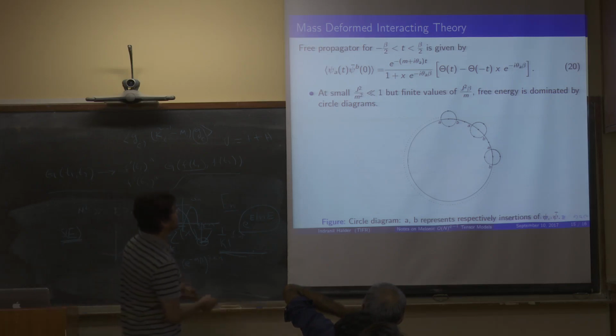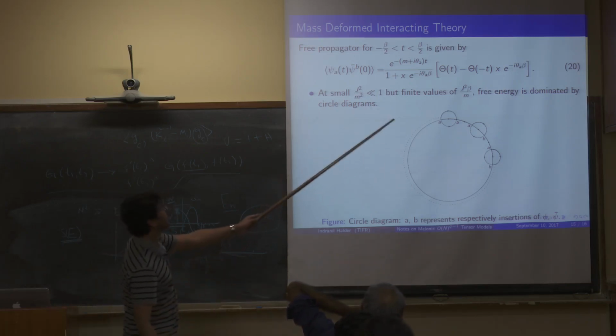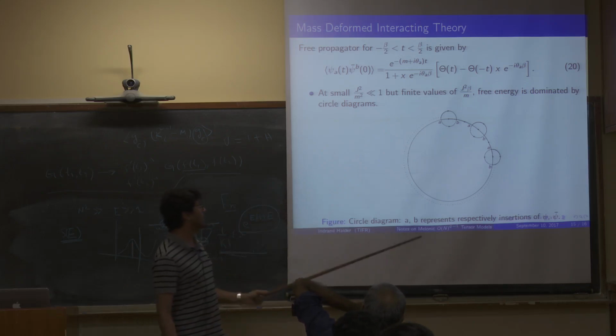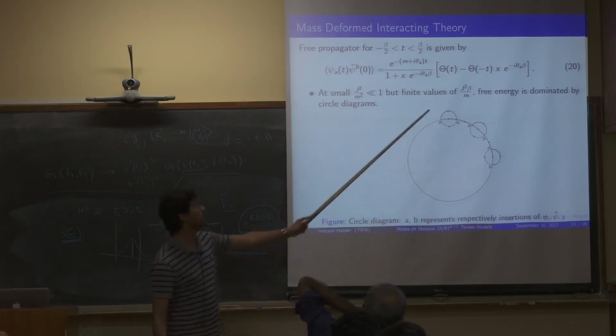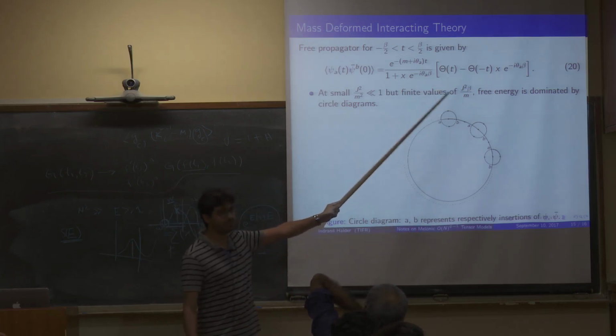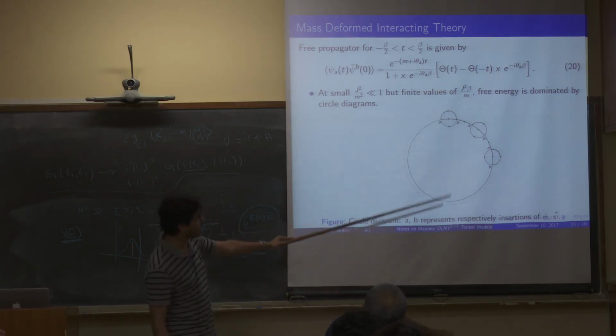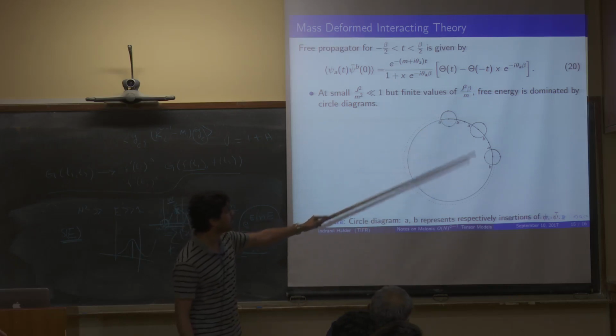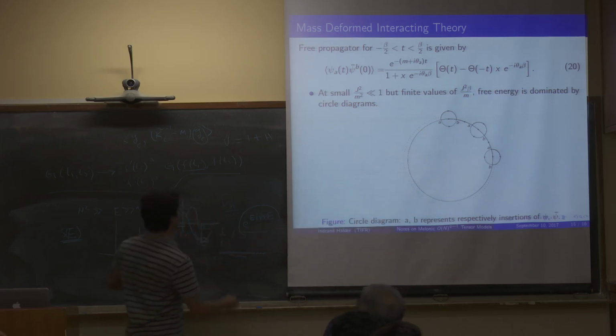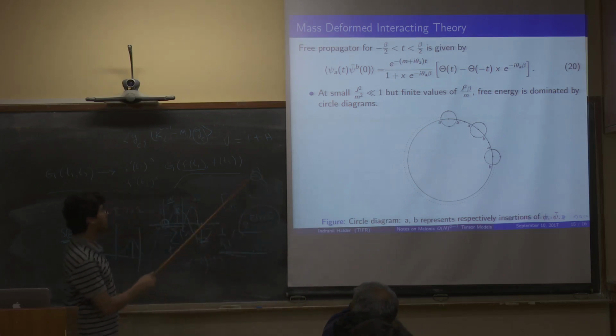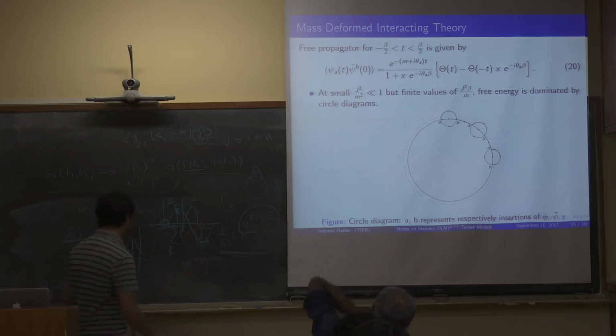We notice an interesting fact: the diagrams which contribute the largest in this limit, where J square beta by M is kept fixed, are the diagrams where all the melons are on a circle. There are other diagrams like melons over melons. This kind of graph does not contribute to the leading order, because